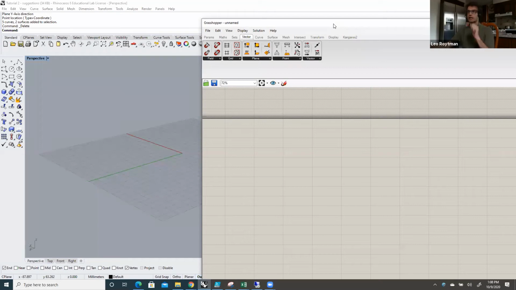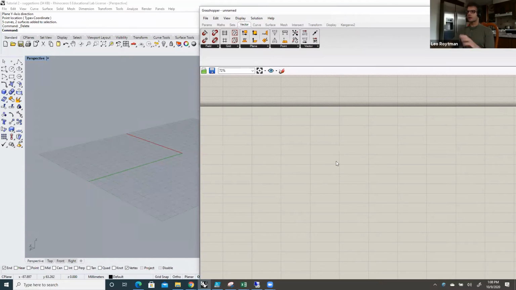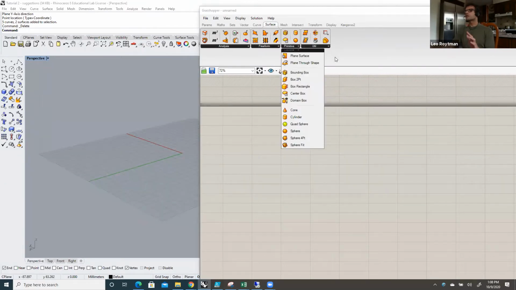This time I will ask you to follow me and to build something similar to what I'm doing in your Grasshopper, and then we will play with it during our session. So first thing I want just to show you, you have seen it, but